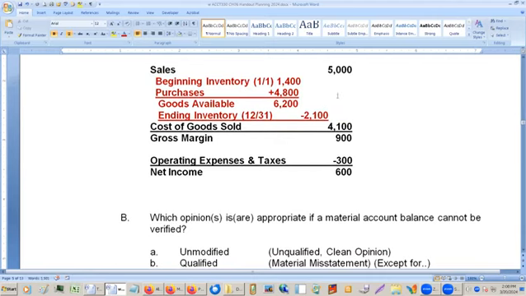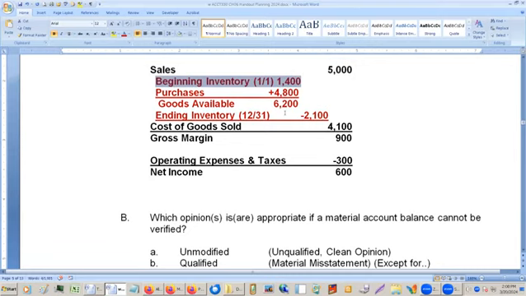I'll give you choices. Which one's going to be the hardest to verify? You can put it in chat if you want. The beginning inventory, the purchases, or the ending inventory? Would it be the purchases? Purchases would actually be the second hardest to do. The first hardest to do would be this one. Oh, okay. Beginning inventory. And here's the reason why.